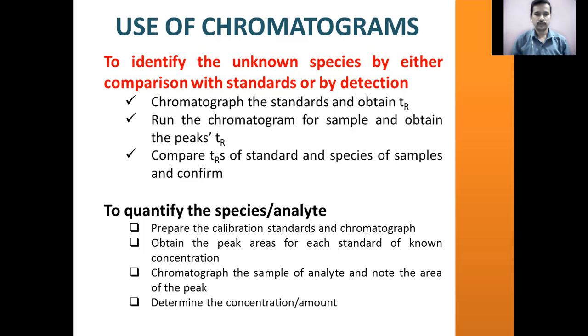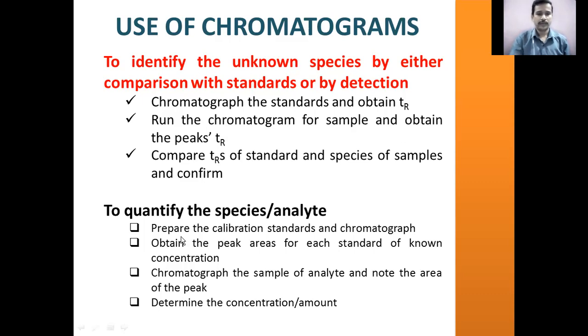The supernatant will be introduced to the chromatographic column. Then you elute the peak. If the chromatogram has the peak at the same retention time as the standard eluted, then you can be sure paracetamol is present in the blood sample also. So this is how we can compare the retention times in order to identify the species. And this is a more common scenario.